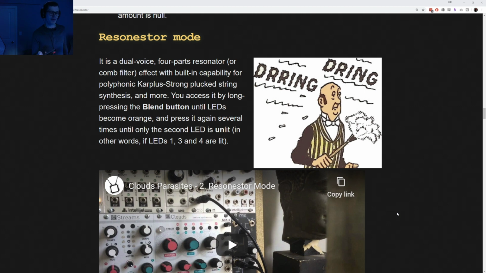It's a 4-part resonator, which is kind of unique because it's not much like Rings, you can have the polyphony on it, but the interesting thing with Resonator is the ability to sort of make it almost sound like someone is playing a guitar chord in a way, like a strummed effect. So I want to try this out some more because I know that I've used this in the past and it's been interesting, but I haven't really investigated it enough. So